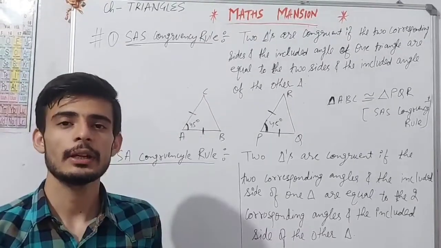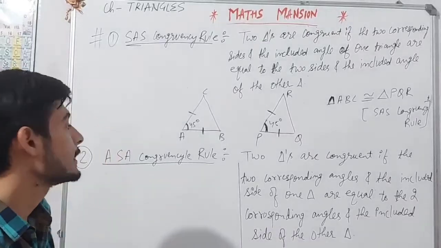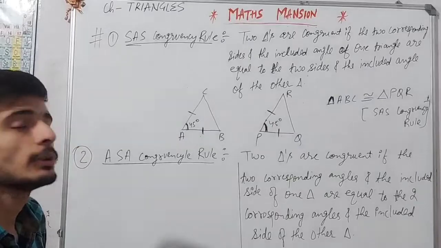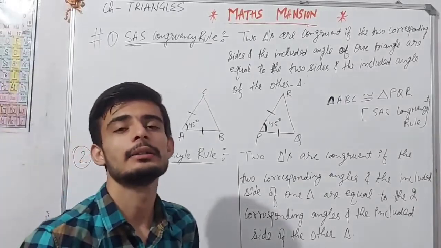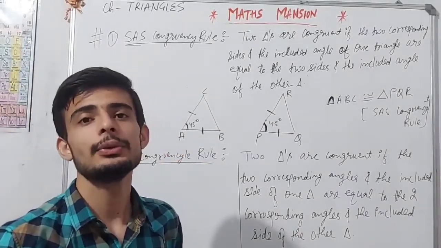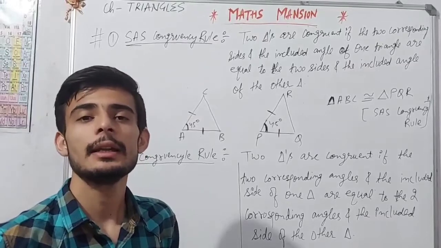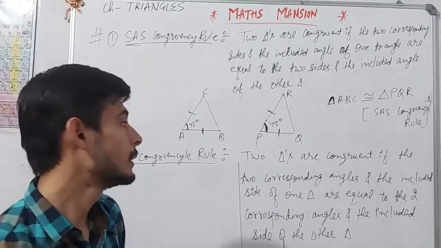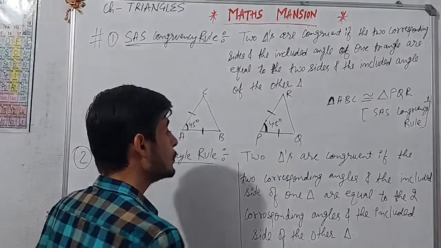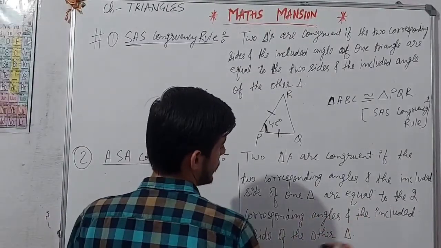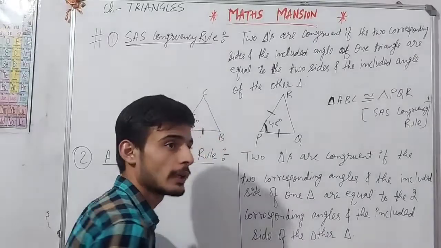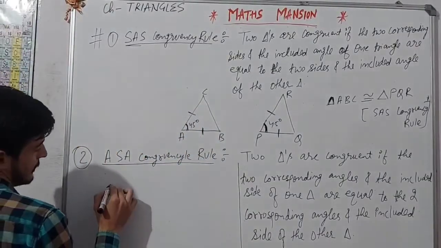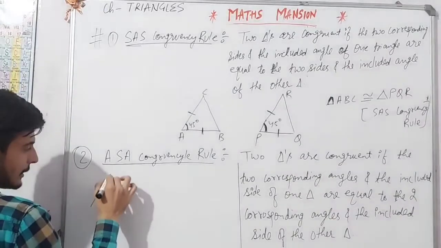The second congruency rule is ASA congruency rule. So ASA congruency rule says that two triangles are congruent if the two angles and the included side of one triangle are equal to the two angles and the included side of the other triangle. Symbolically, it can be shown as